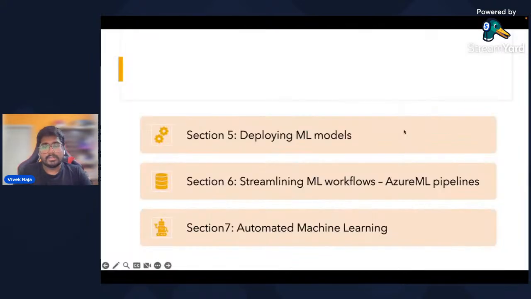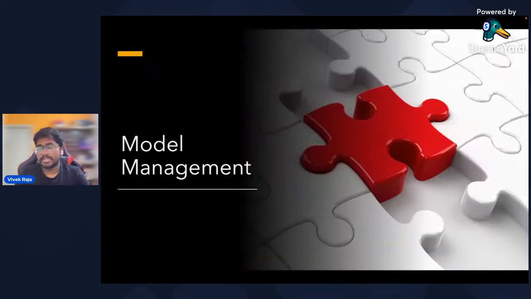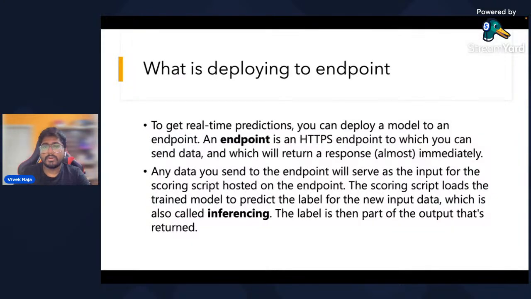Let's get started. Section 5 of the bootcamp, which is the first today, is to understand what model management is. Yesterday, after training your machine learning model, we were able to see a model asset in the model stack. Rahul pointed out that we should show, both in code and in the UI, how the model is represented as an asset in machine learning. We saw it, and we'll see it again today.